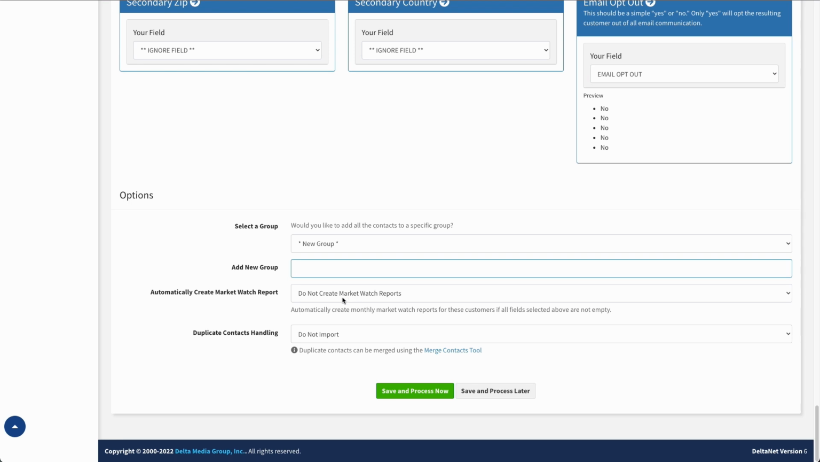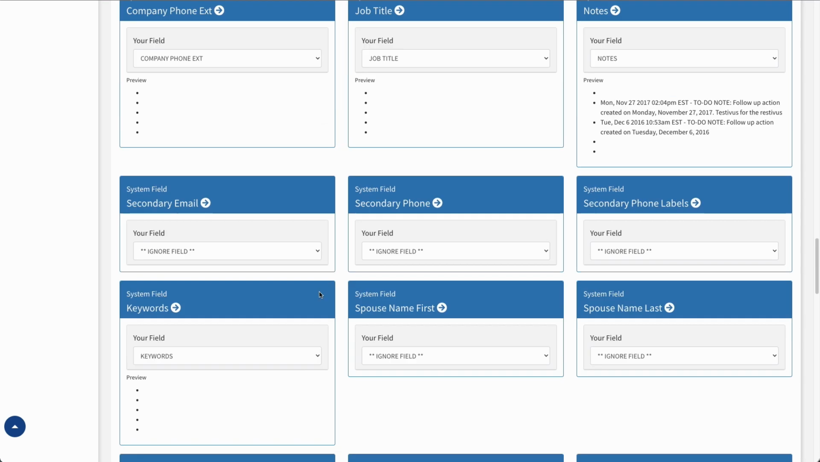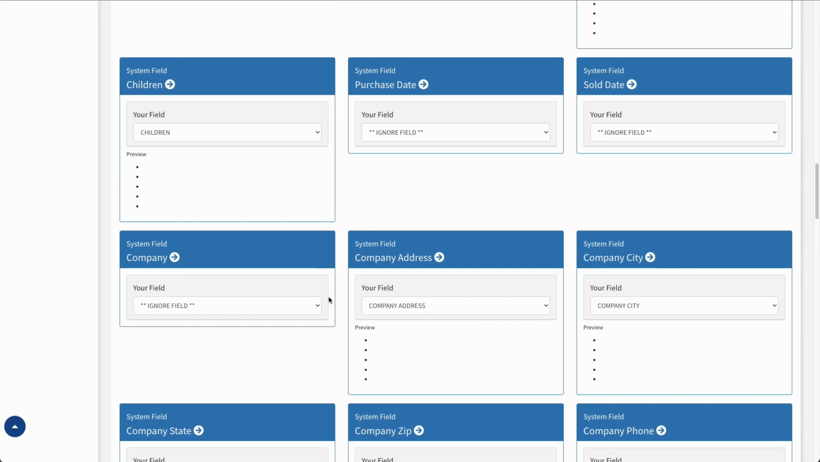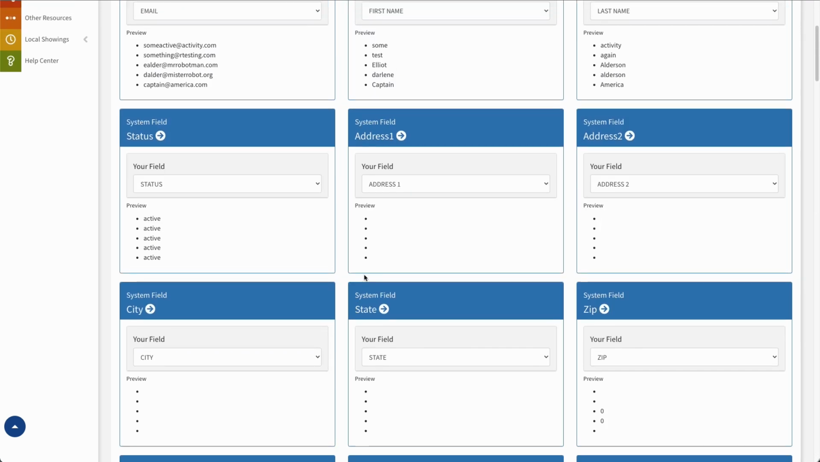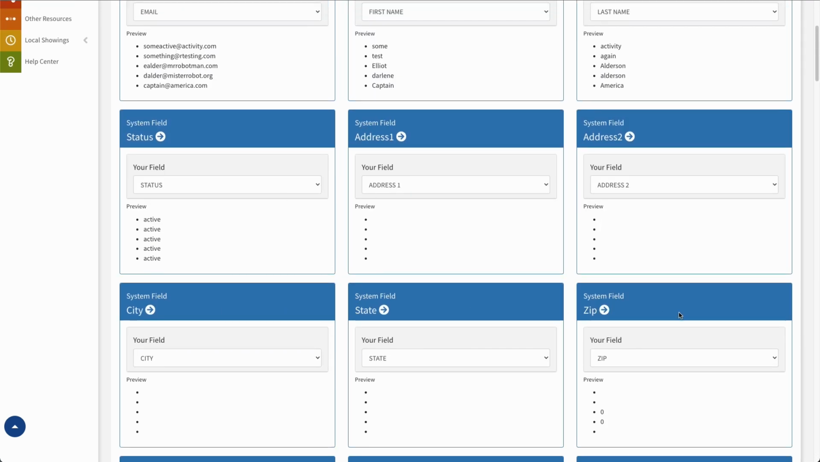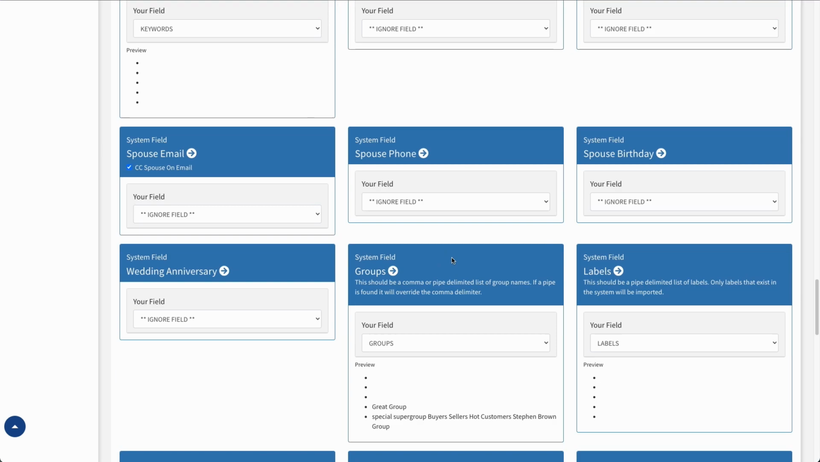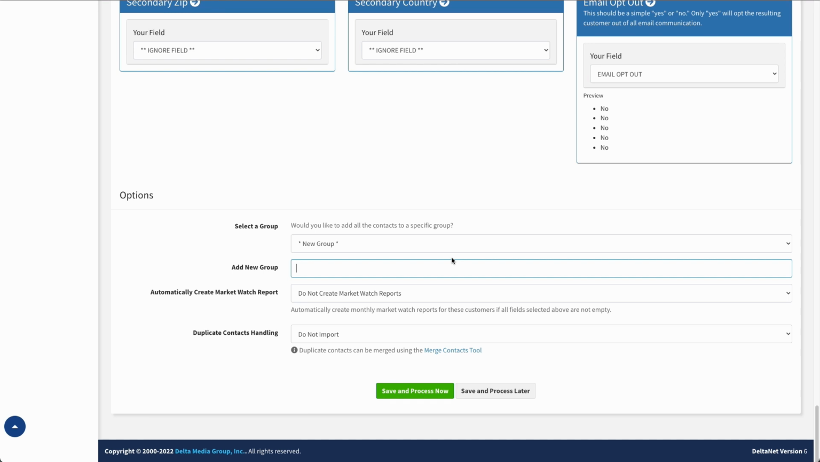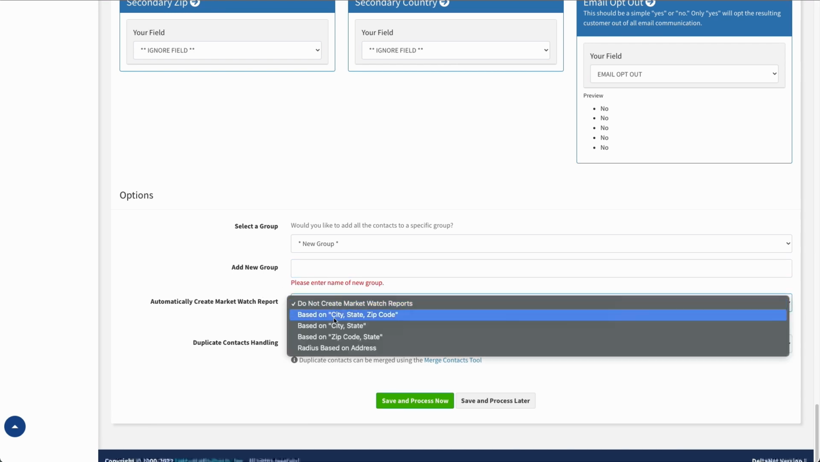In order for the system to create a Market Watch for them, they need to have an address. So the address fields we saw earlier were mapped. If we scroll back up here, way up here, there we go: address 1, city, state, zip. Those are the key fields, so it's looking for those for the customer's personal address. If they do have a personal address filled in there, you can have the system automatically create a Market Watch